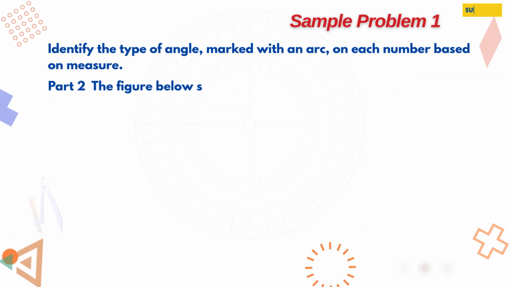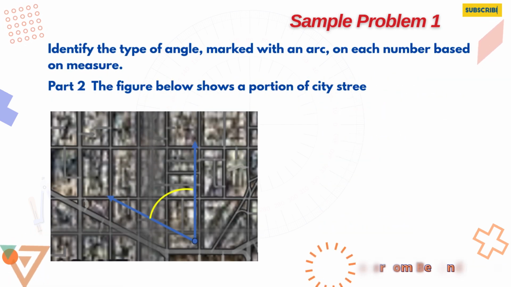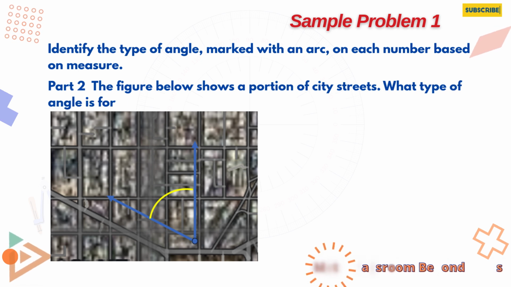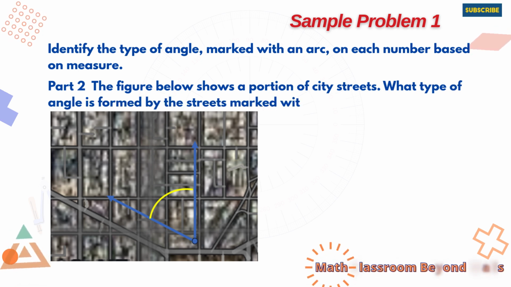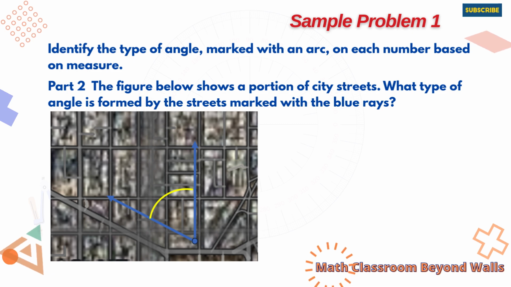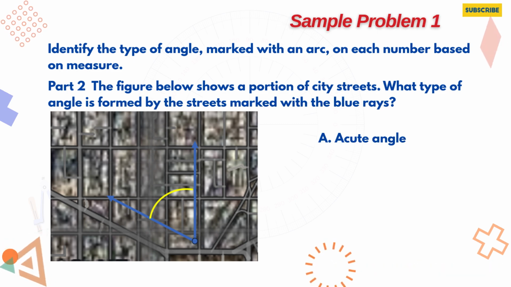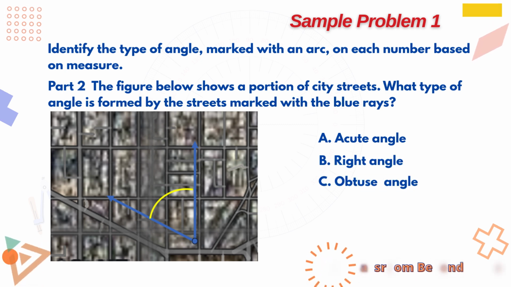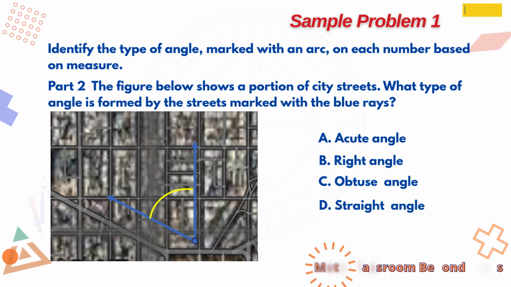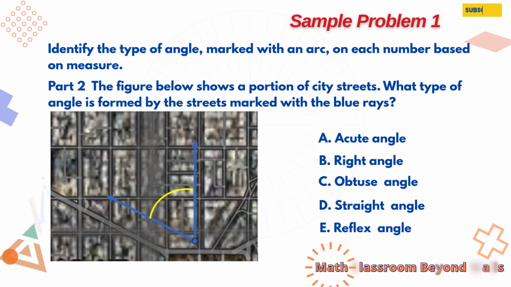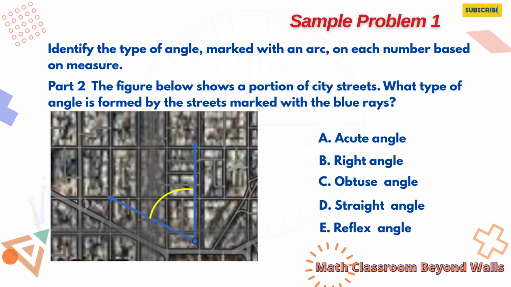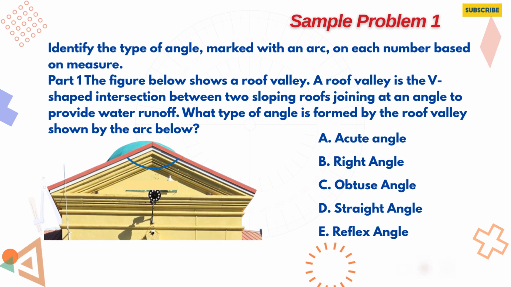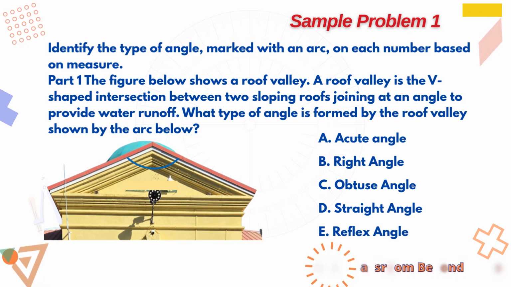Part 2. The figure below shows a portion of city streets. What type of angle is formed by the streets marked with the blue rays? Option A, acute angle. Option B, right angle. Option C, obtuse angle. Option D, straight angle. Option E, reflex angle. As usual, we begin by reading the whole problem and may read it several times when